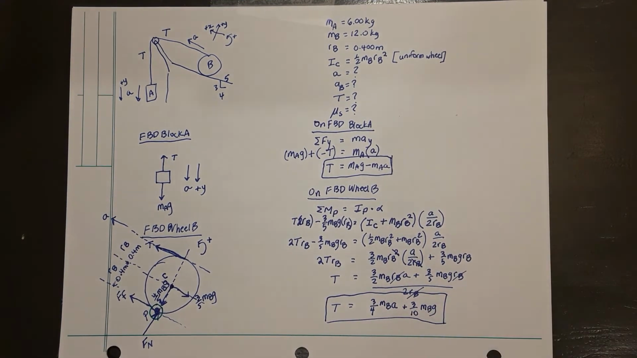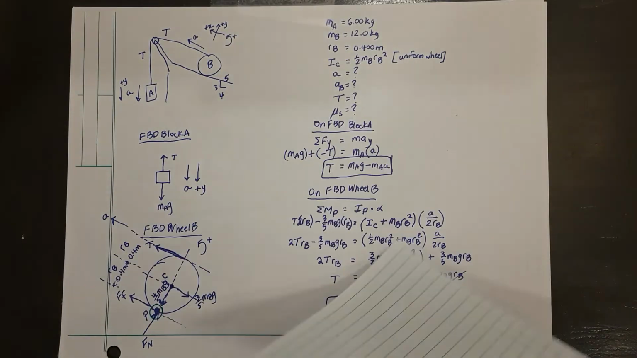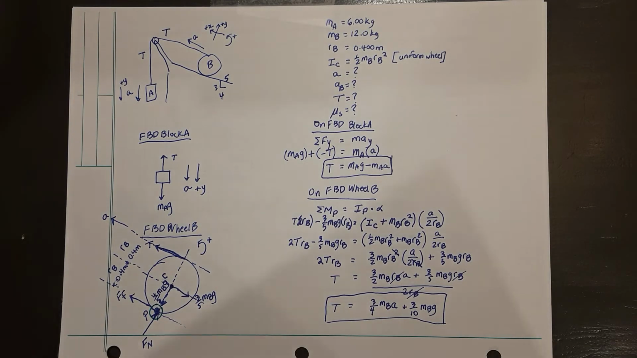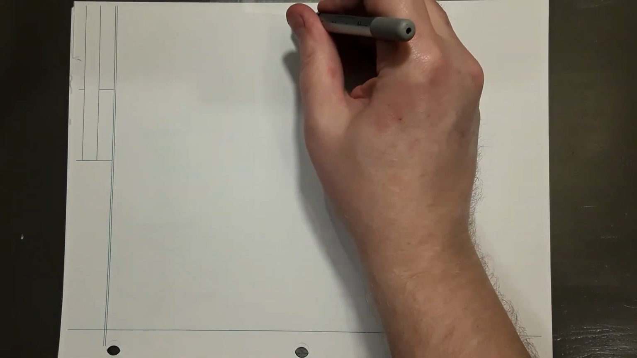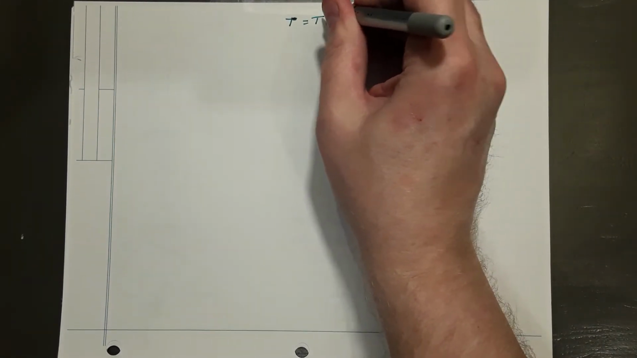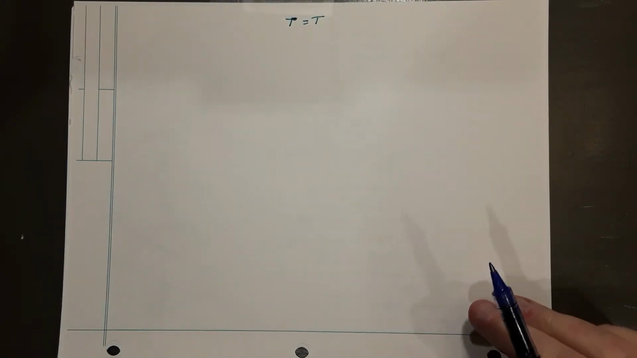from the wheel. We have an equation for tension from the block and an equation for tension from the wheel. We have 2 equations, 2 unknowns. If I set those 2 equations to be equivalent, we'll be able to solve for the only unknown in the question, the acceleration of the block A. And so if I set the tensions to be equal, the tension from